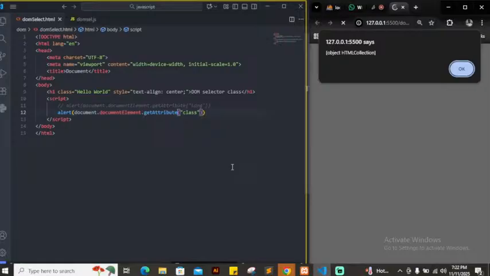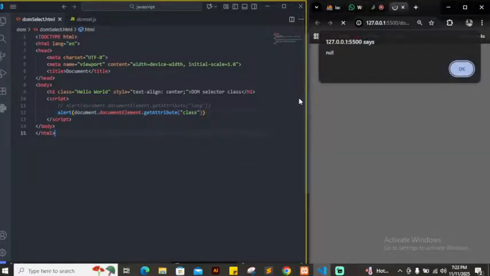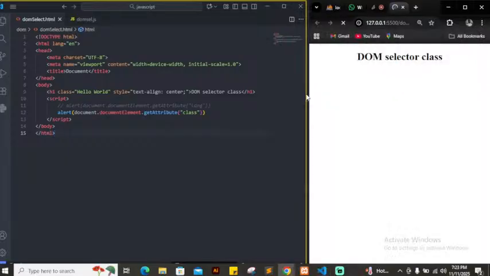Get attribute, I save it. What you should see there, document elements dot get attribute is telling me is null. Possibly it is seeing it as, let's say this is name,